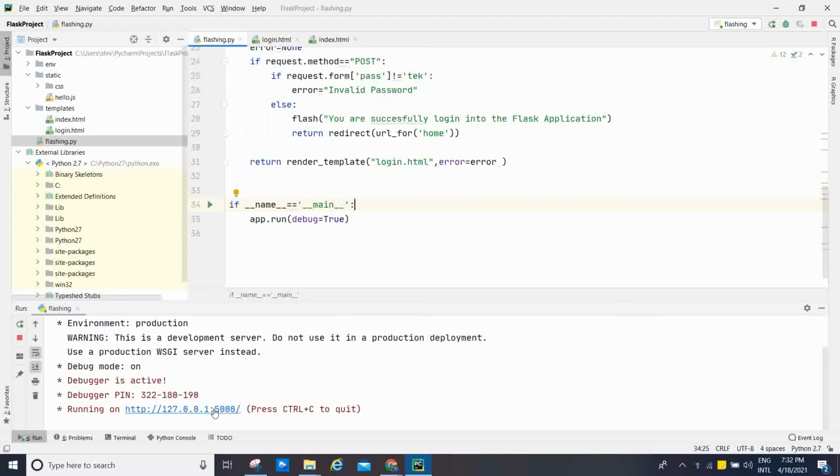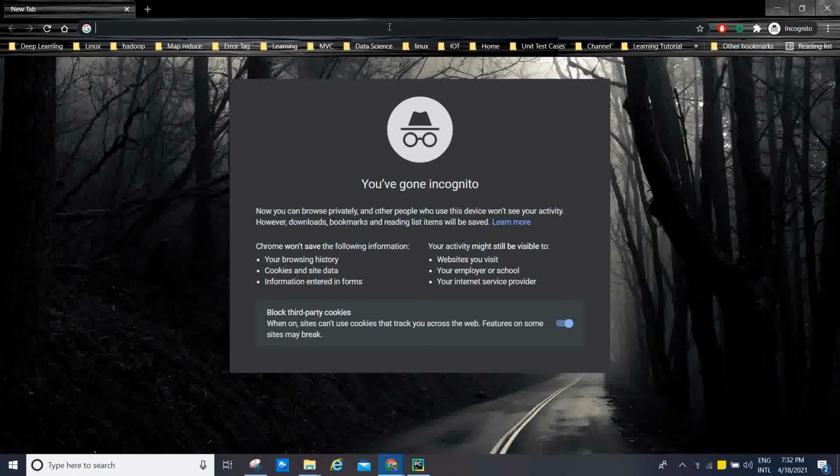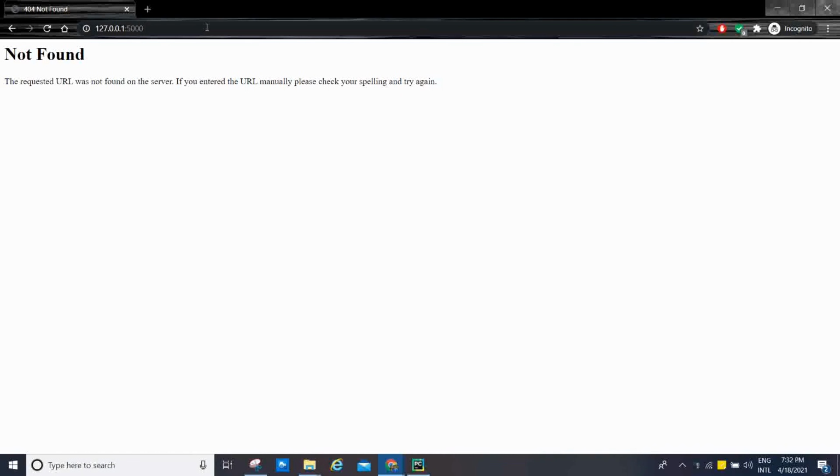Okay, now I'm going to copy this URL and paste it here, enter, and after that index. Okay, welcome to the Flask website, and this is the login URL.